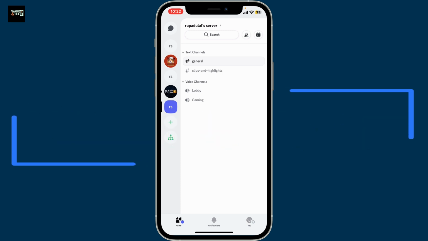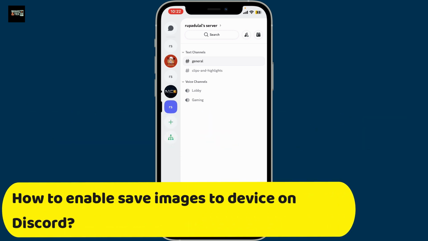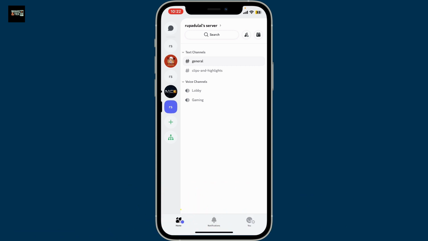In this video, I'm going to show you how to enable Save Images to Device on Discord. If you want to save memes, screenshots, or shared media from chats to your mobile device, then here is how to do it. First of all, open up the Discord application on your smartphone and make sure that you're logged